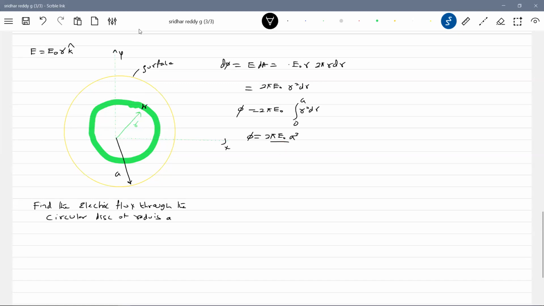So field can be a variation of anything. What elemental structure you should assume all depends upon the variation of the field. Earlier we took the elemental structure as a rectangular strip. Now here a circular strip. Flux linking the circular strip first, then the flux linking the total circular disk of radius A. So what type of elemental surface you should assume in a non-uniform electric field will be determined by the variation of the field. So can you assume a strip here? You can assume, but very lengthy mathematics. This will be a much easier approach.